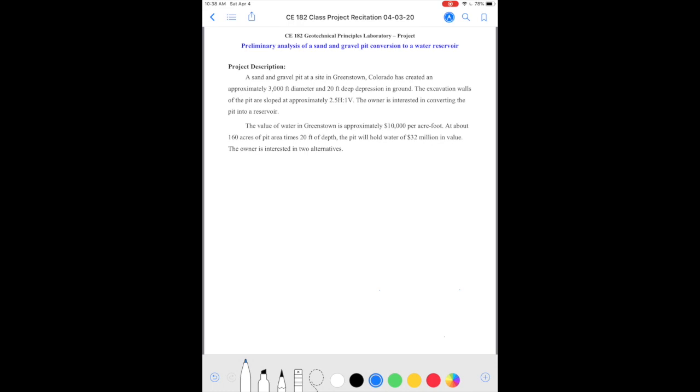So let's start with the project description. Our project site is in Greenstown, Colorado, where we have a sand and gravel pit that's about 3,000 feet in diameter and 20 feet deep depression in the ground. So if you look at the gravel pit, on an average, it is about 3,000 feet in diameter. And then if you look at any cross section